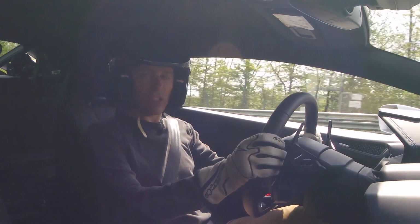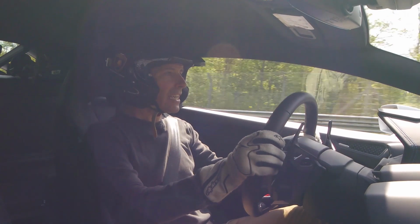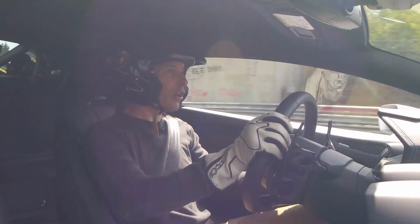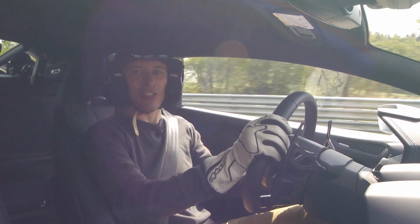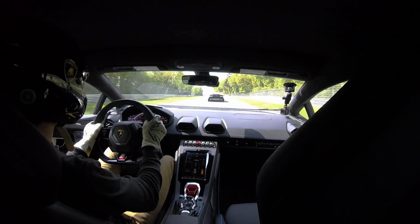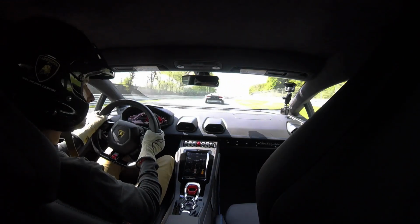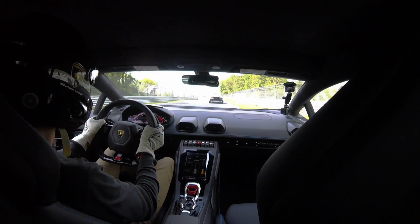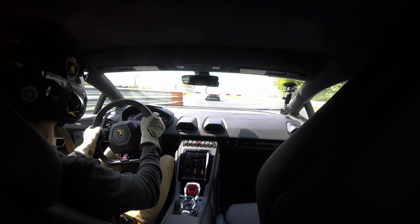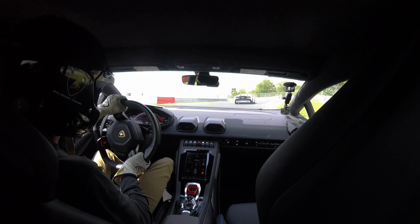But it's got this fancy new Lamborghini Dinamica Veicolo Integrata. Sorry for my Italian. And the whole point of this system is that it's supposed to be feed forward, which is of course the opposite of feedback. So it's interesting in this car because